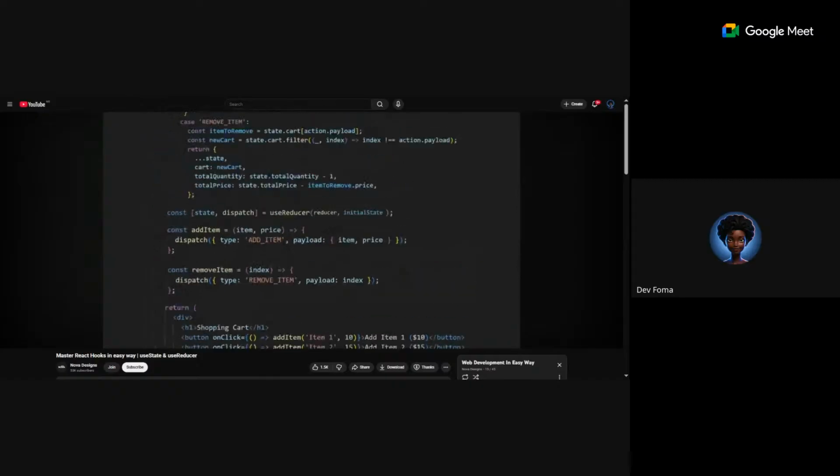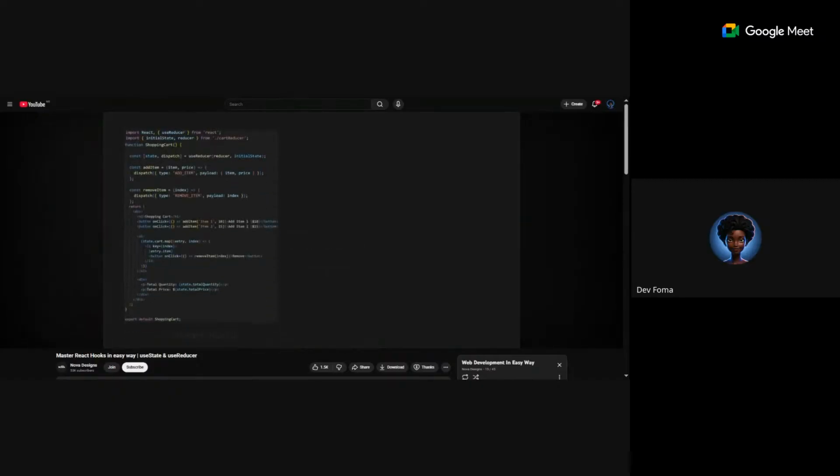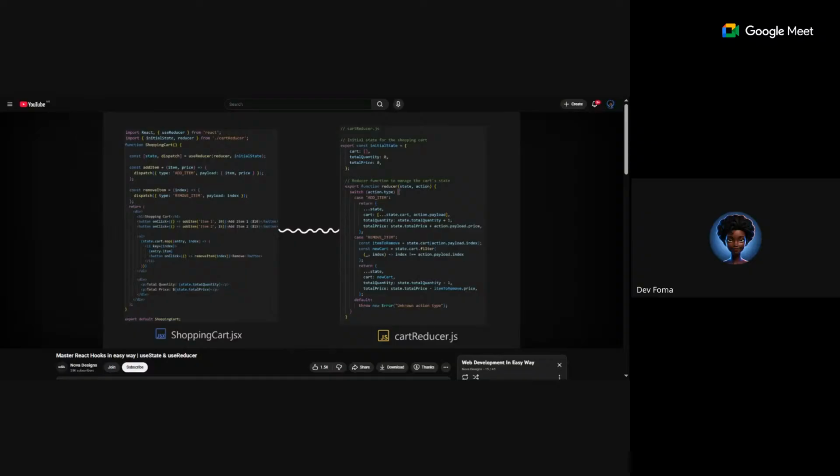To keep our code even cleaner and more organized, we can also move the initial state and reducer function to a